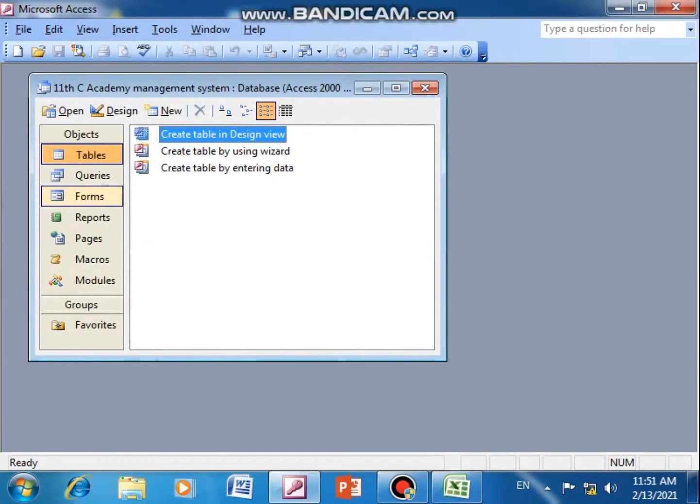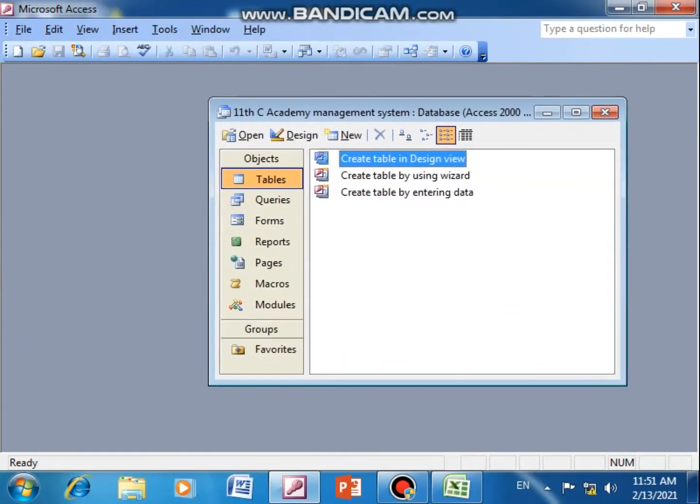Now we talk about the software. Here we have got the objects such as tables, queries, forms, reports, pages, macro, module. These all things are given, right? Now first thing is table. First and the foremost thing is to create a table. Okay, thereafter all this thing will work.